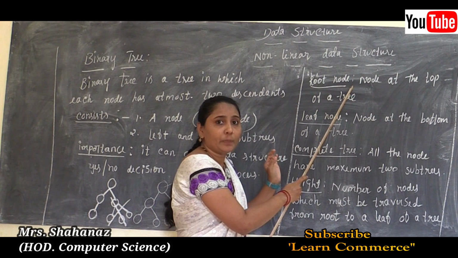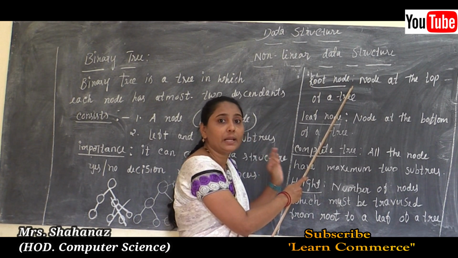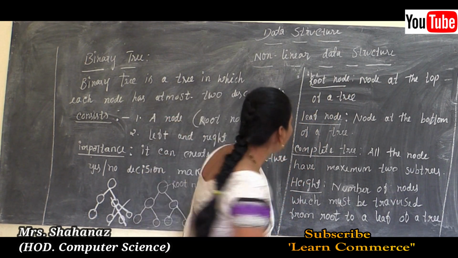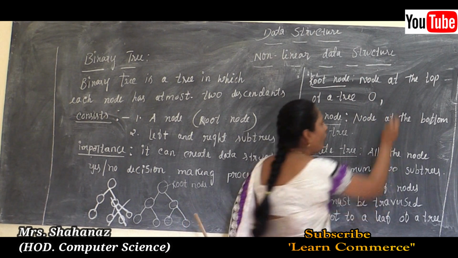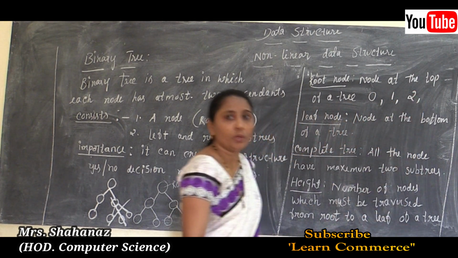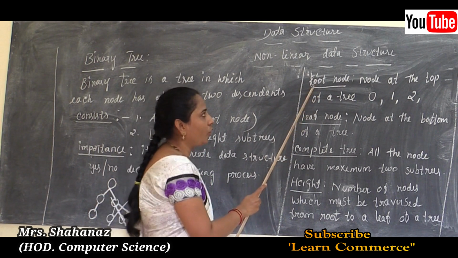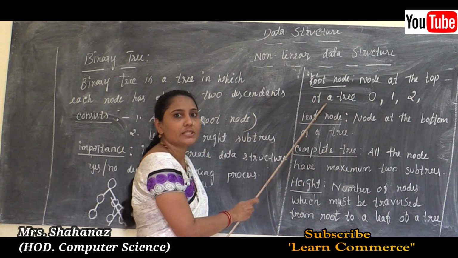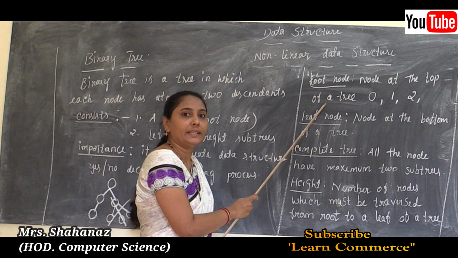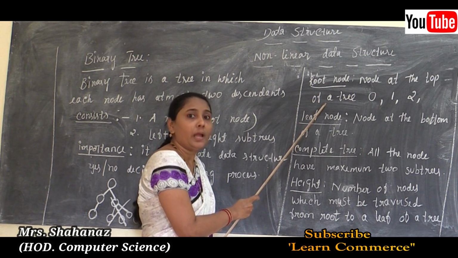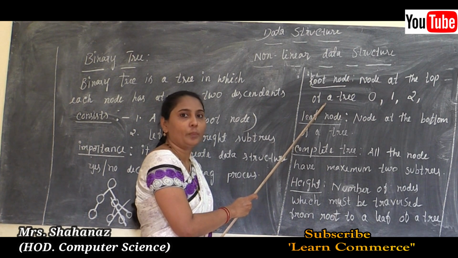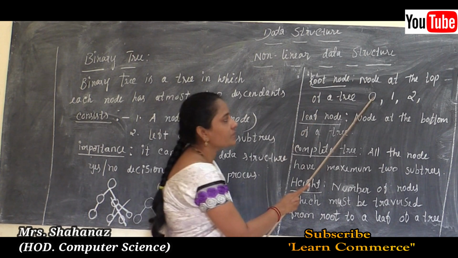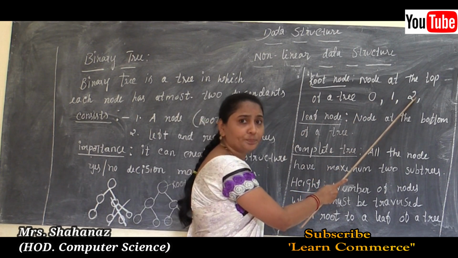And in a null tree, the root node may not exist. A null tree has no nodes in it. It can have maybe 0 or maybe 1. That is, the root node can have 0, or maybe 1, or maybe 2 children in this case. So this is the meaning of the root node, or simply we can say that the node at the top of a tree is called the root node, and the root node will not have any parent. Whatever operation is going to begin, it begins by using our root node, and the root node can have 0, 1 or maybe 2 children.